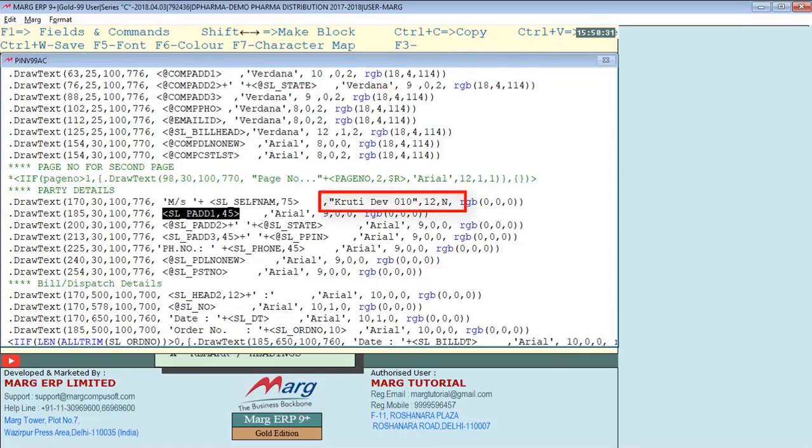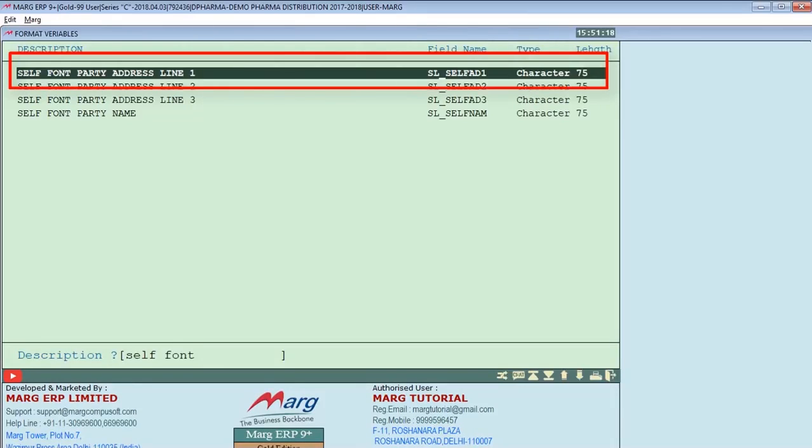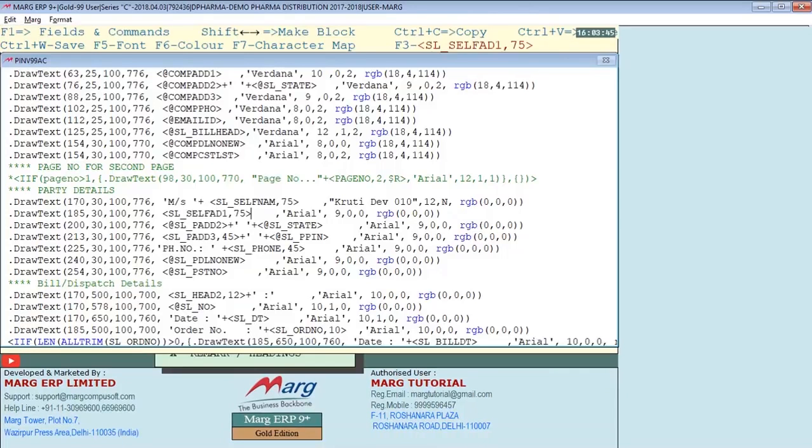Then press F3 and paste it. Search Self Font Party Address for party address. Press enter on Self Font Party Address 1, and by pressing F3, paste the command here. You will change its font here as well. Similarly, if there are address 2 and 3, you can change them in this way only.